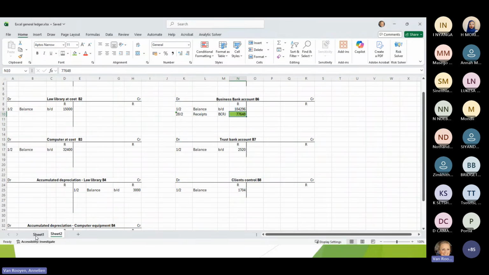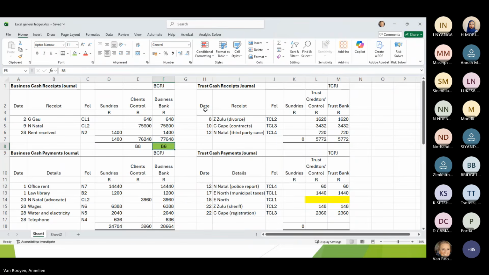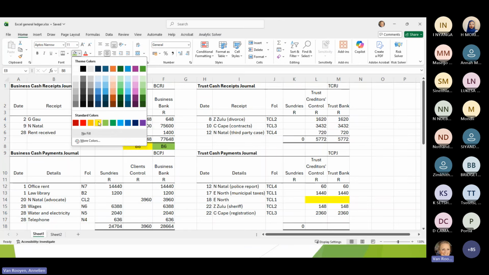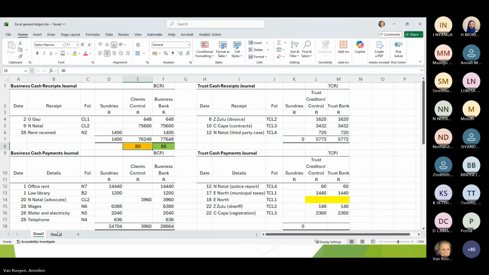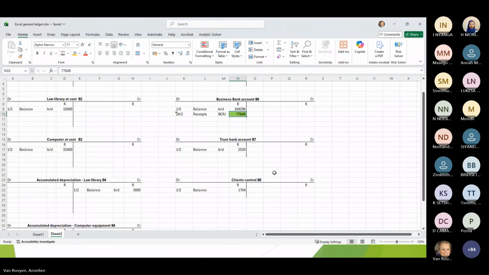Okay, and what did we always say? If something is debited, something needs to be credited. The same amount. Cash control, B8. Client's control